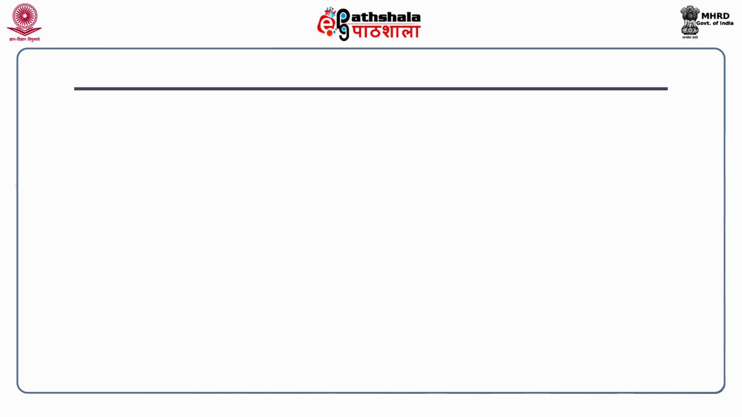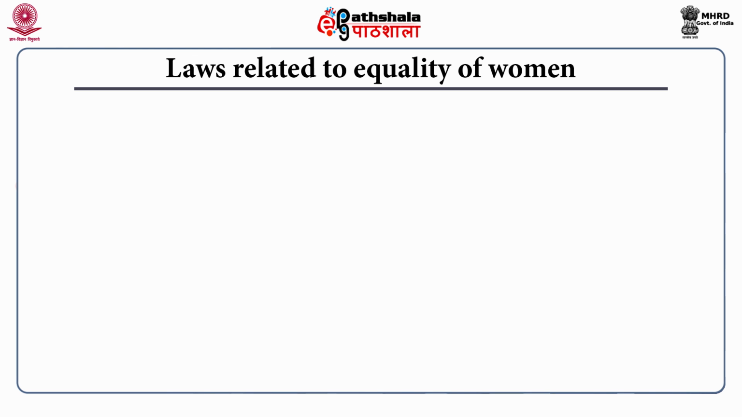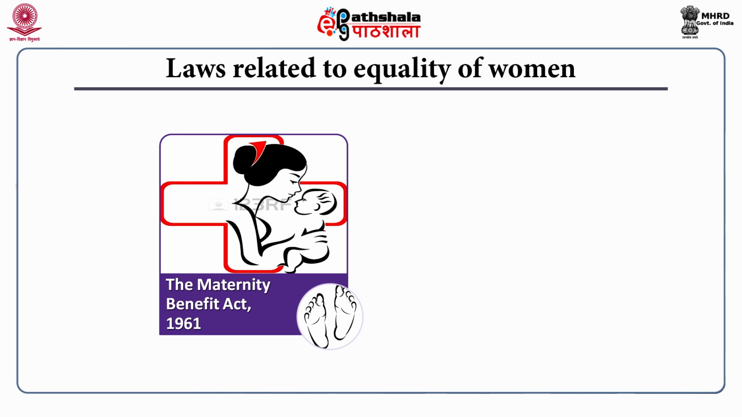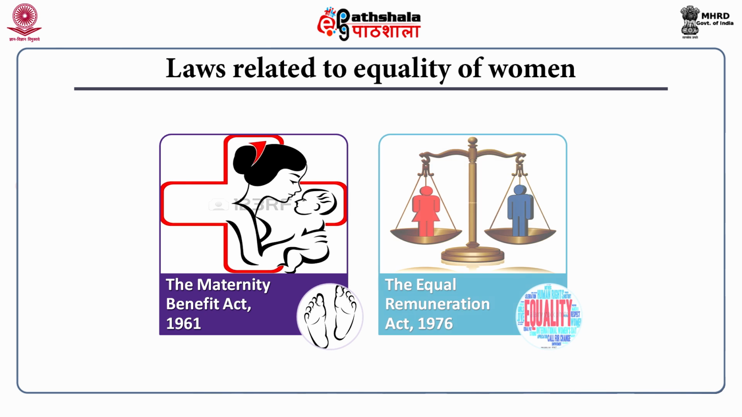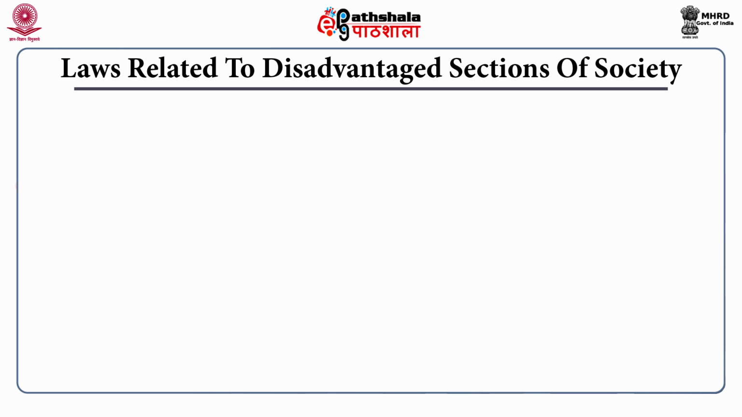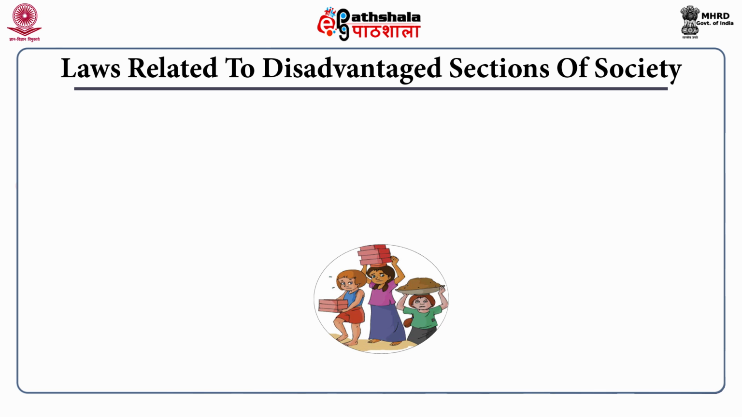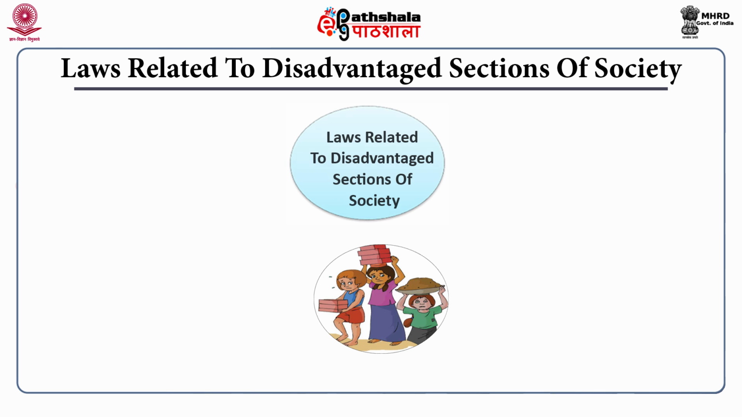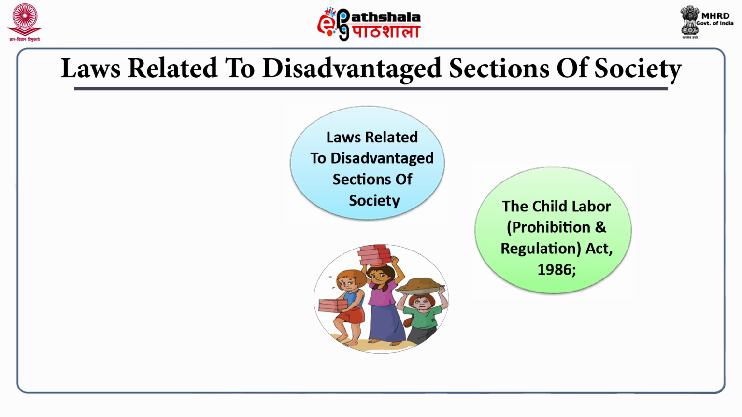Then we have the acts which are related to equality and empowerment of women. These are the Maternity Benefit Act 1961 and Equal Remuneration Act 1976. Then we have laws related to deprived and disadvantaged sections of the society. These are the Bonded Labour System Abolition Act 1976, the Child Labour Prohibition and Regulation Act 1986, the Children Pledging